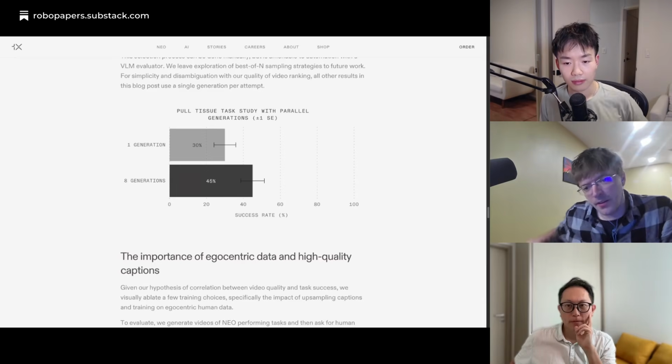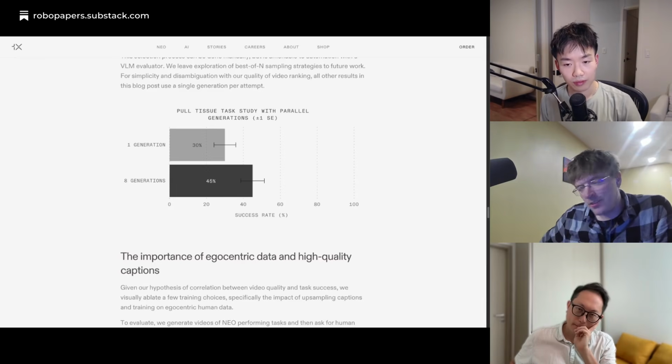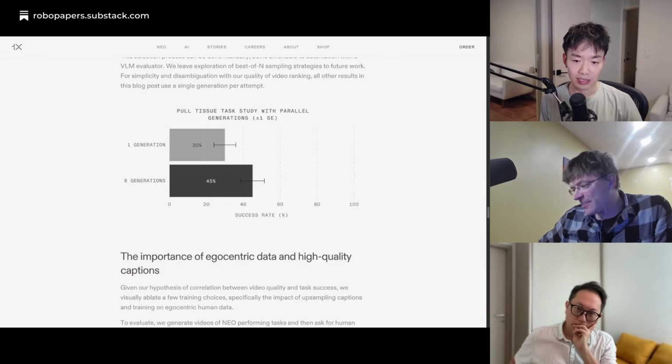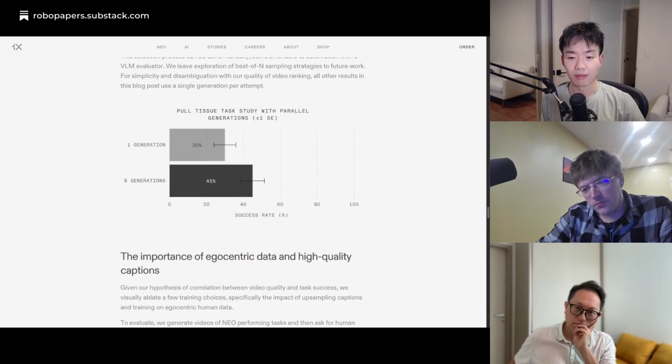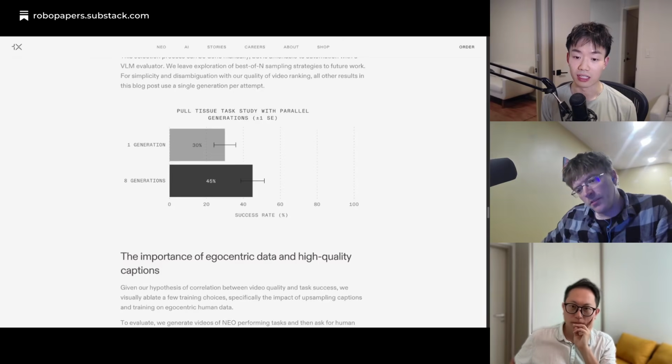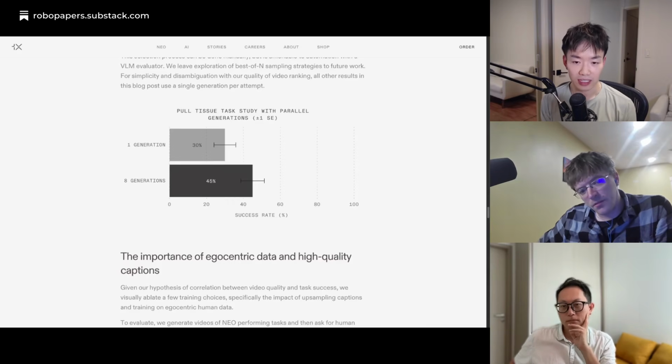And do you think this is the kind of thing you could just scale up? Like if you generated 64, you'd get even better. Is this like test time compute for robots? Yeah, I think for some tasks, generations are pretty good all the time, especially grasping. But if it's a really hard task, you have to be more selective. So I think some tasks do require a lot more thinking in order to get it right, which you could solve with test time compute. You could also solve it with RLHF.